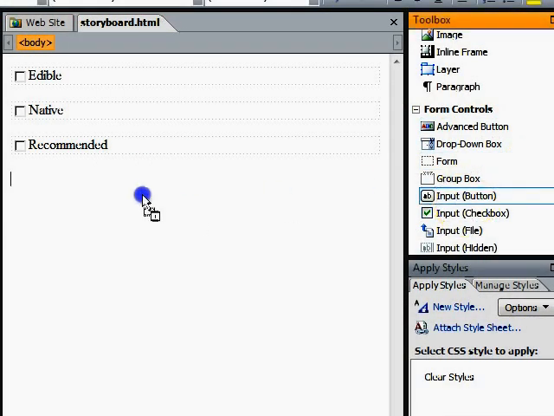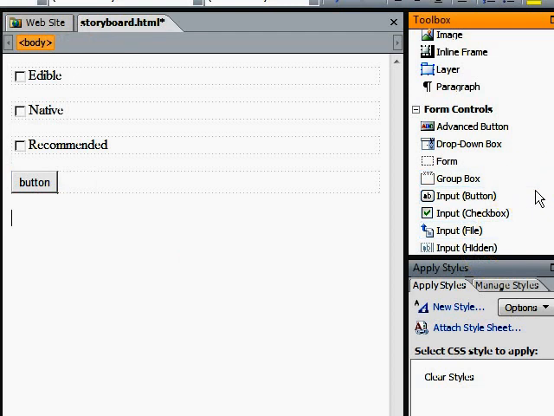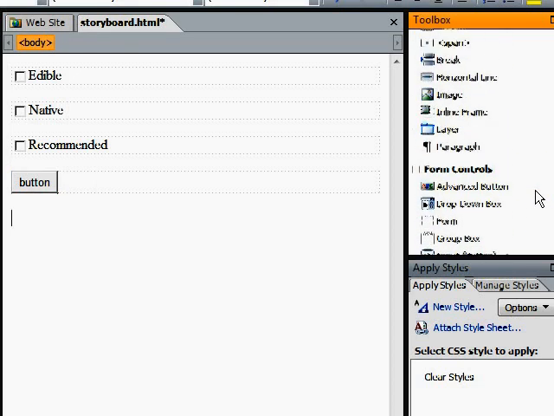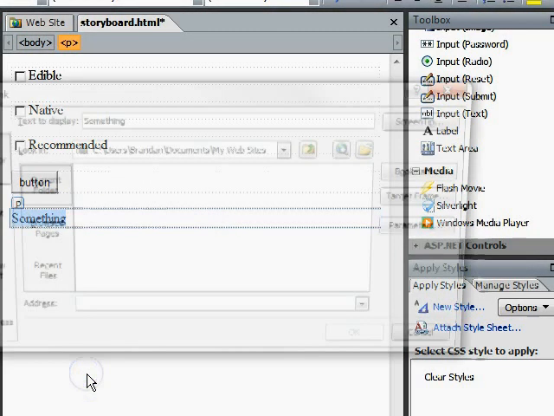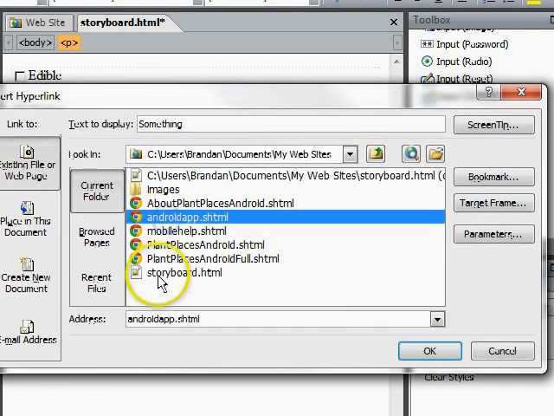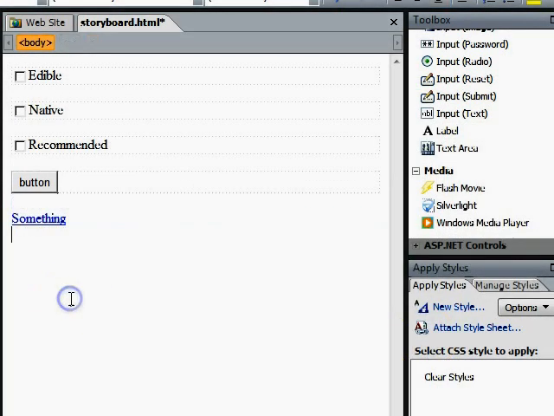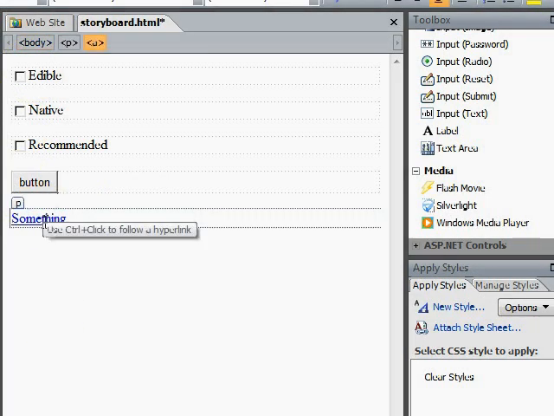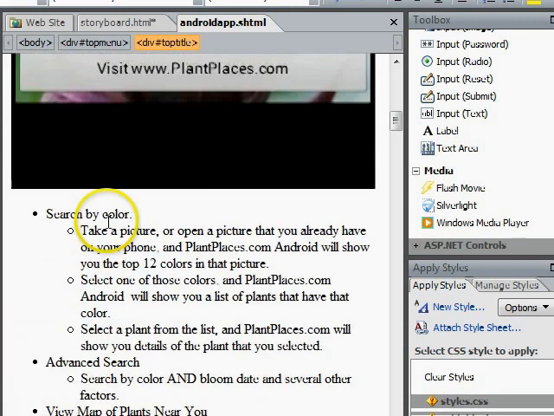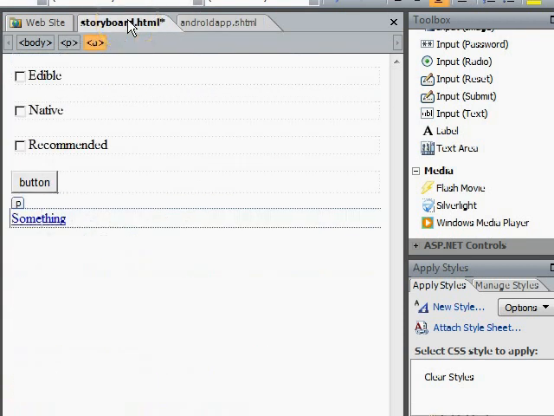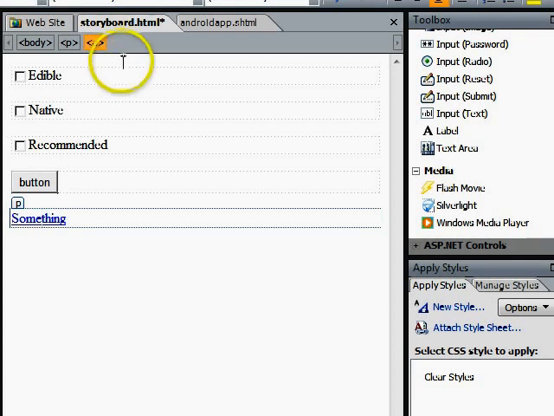Now I can have buttons. I can easily drag and drop buttons. And indeed, I can add hyperlinks as well. I can type some text here, highlight, right-click and choose hyperlink, and then link to any other page that I want. So each page here would essentially be a screen. We can use all the UI components and then control click and go to the screen that I've written previously. Nonetheless, Expression Web or any other HTML editor is a perfectly good option for creating your storyboard,